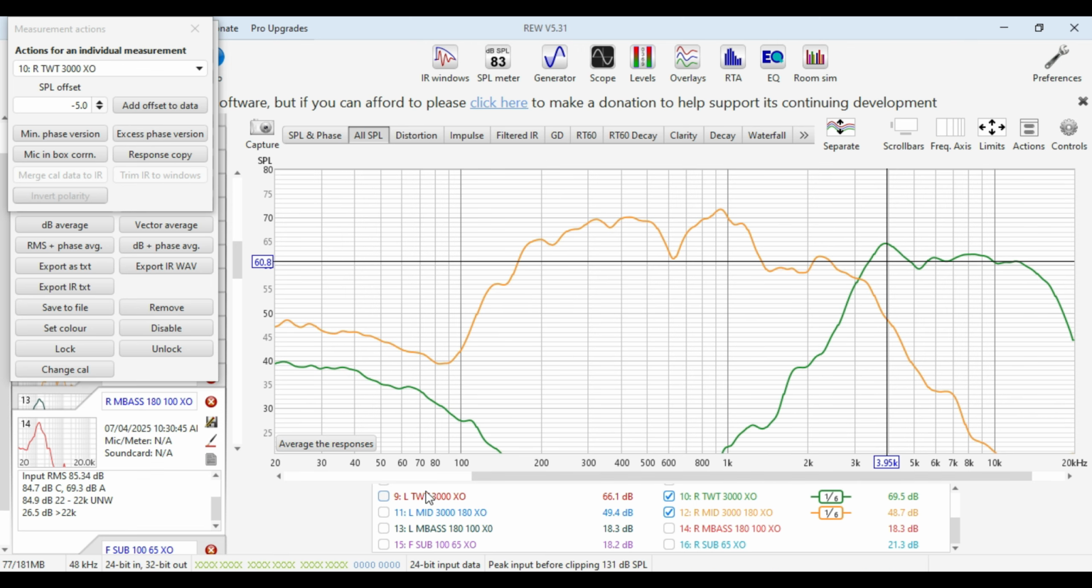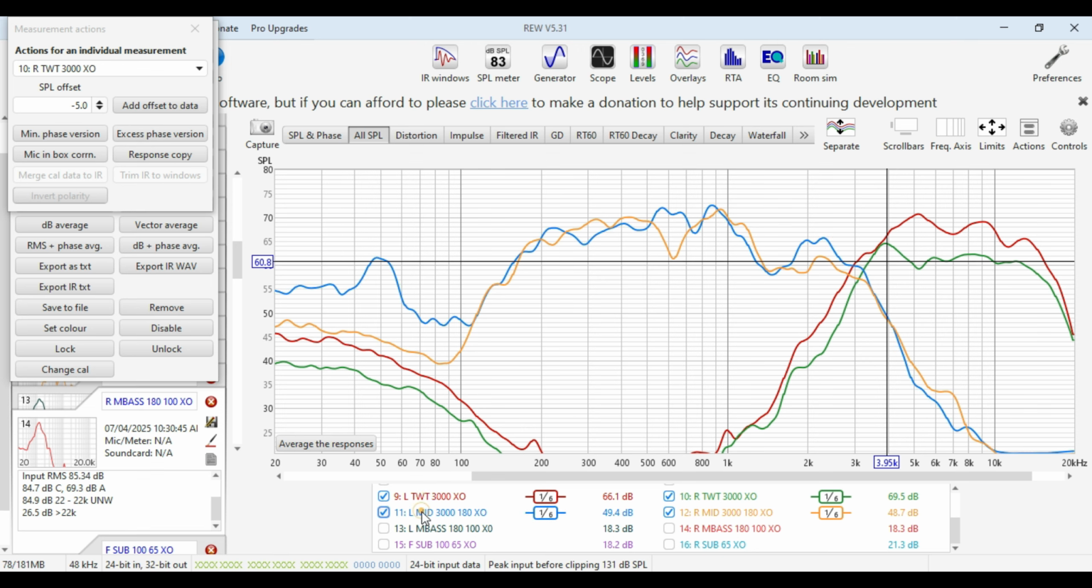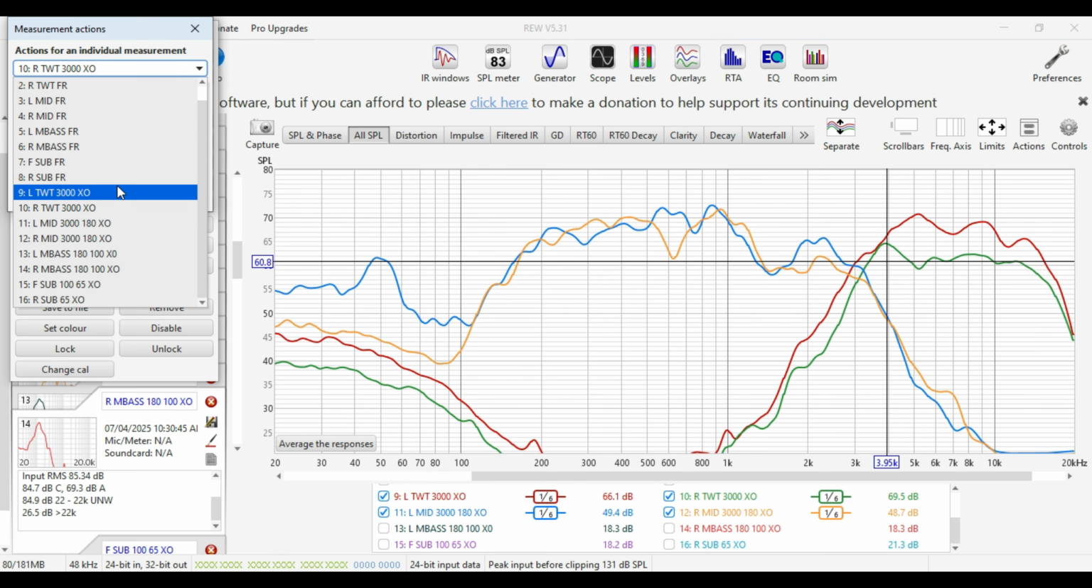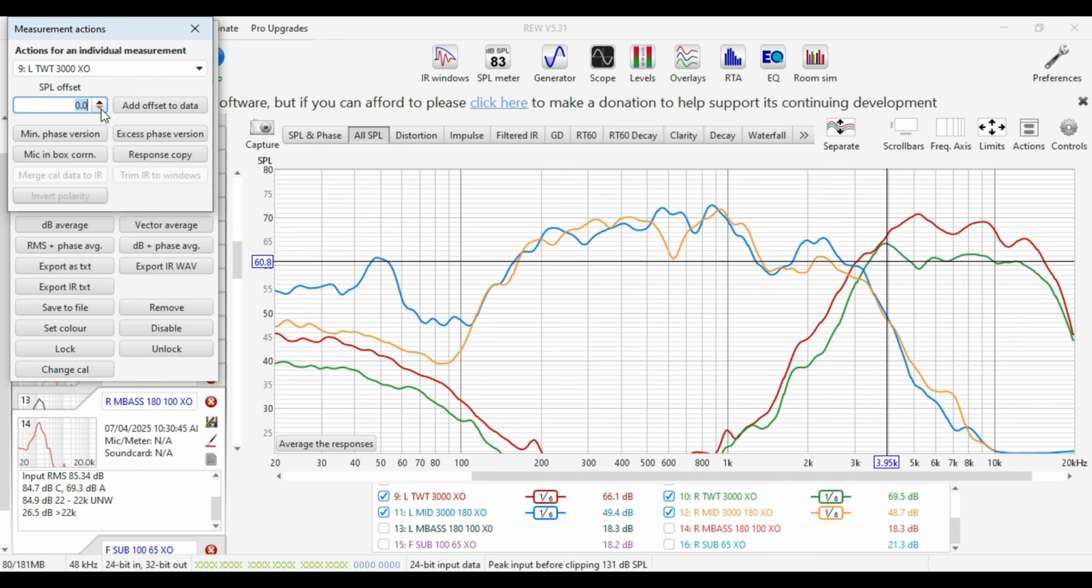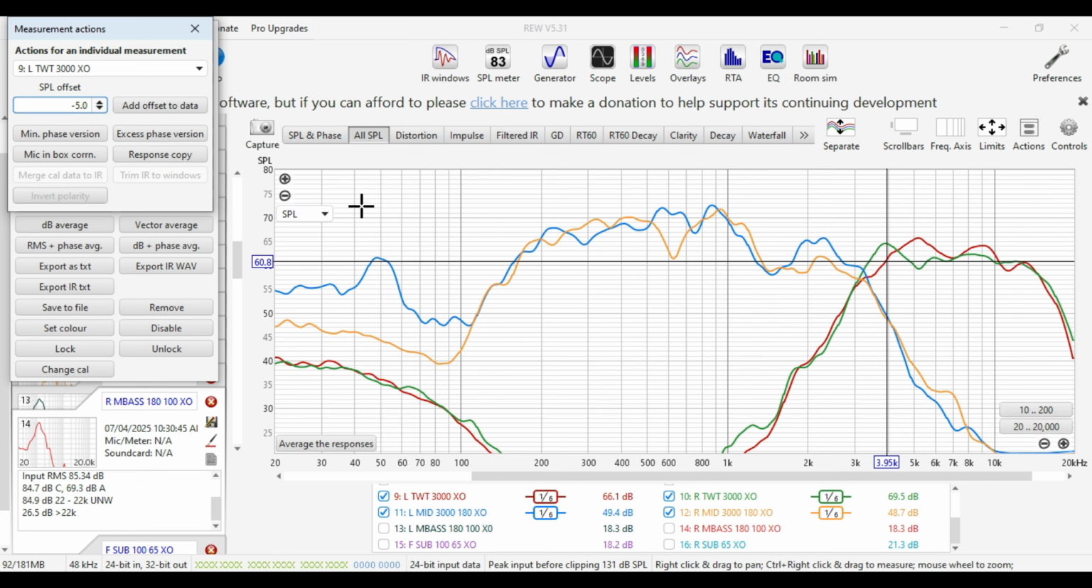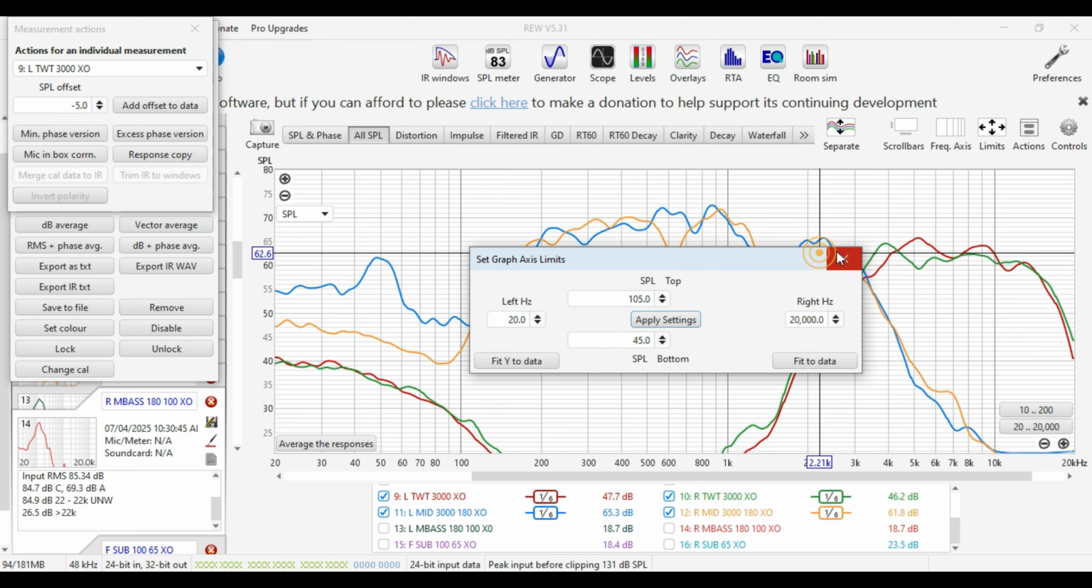If I now bring in the left tweeter and the left mid, and we also take 5 dB off the left, let's see what happens here. 1, 2, 3, 4, 5. Here we are. That looks a lot better. I mean, these levels are still not right, and we're probably going to fix that up with